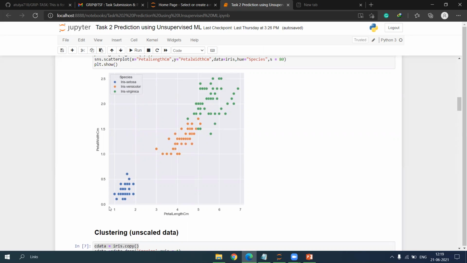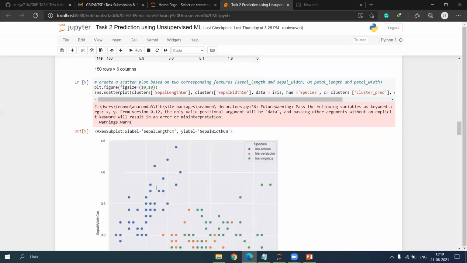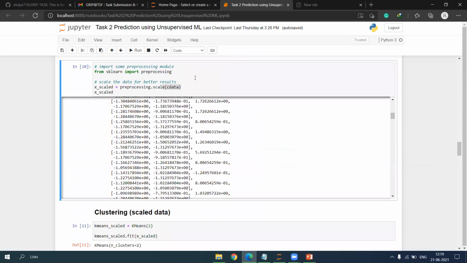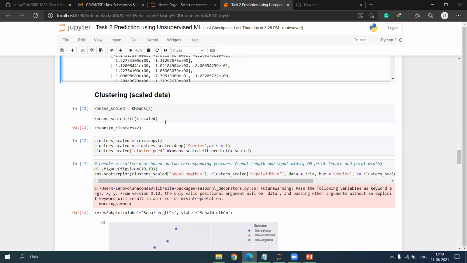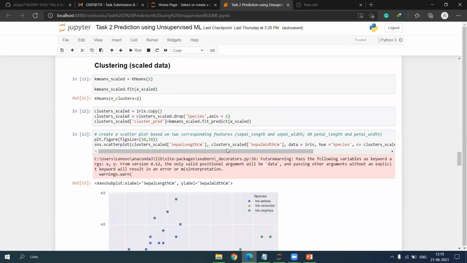Here you can see the difference between them. It starts from 0.0 on the y-axis, and on the x-axis it starts from 1. To get it scaled, I performed pre-processing and then performed k-means clustering analysis.